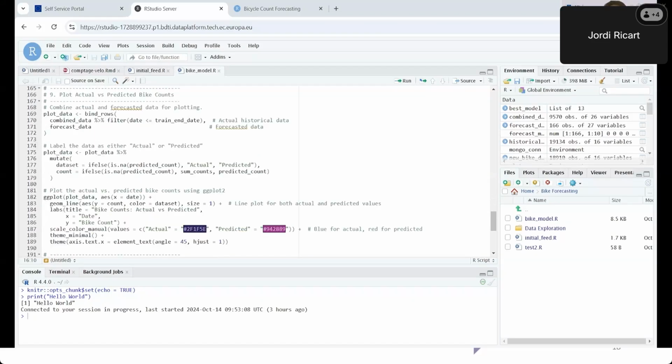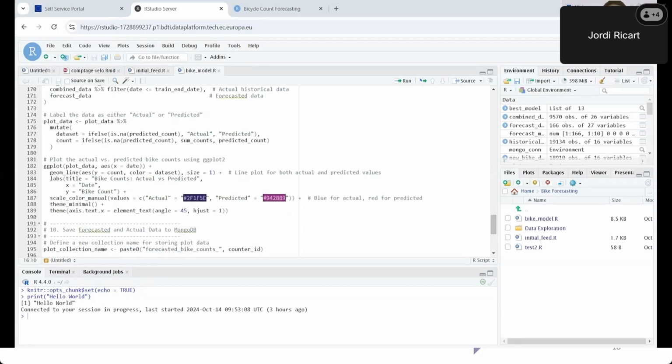To better understand the model's effectiveness, we will visualize the actual versus predicted byte counts. This plot will allow us to see how closely our predictions align with the trends, seasons, or just the patterns overall and the reality of bike usage. Visualizations are powerful tools for communicating and can help us quickly grasp the performance of our model. In the plot, if it looks very off, the model is probably not good. And if it looks consistent or makes sense with the historical data, then it's a quick way to see if our model is doing well or not.